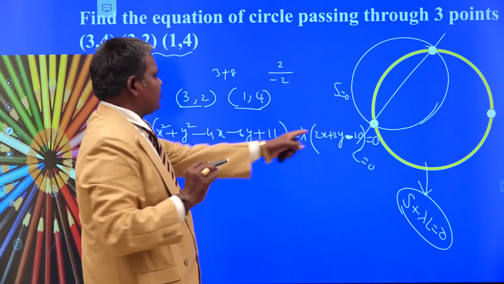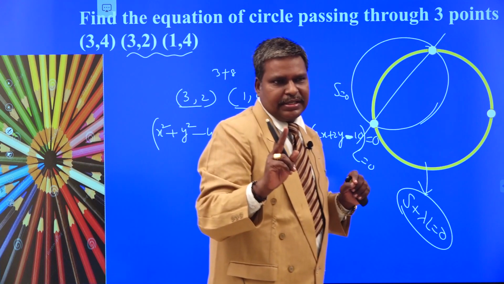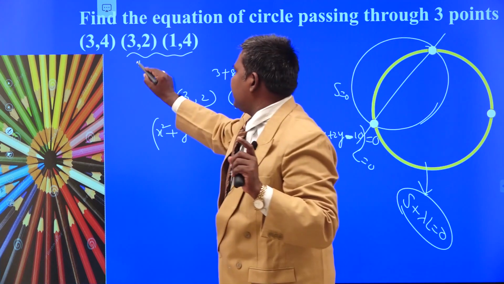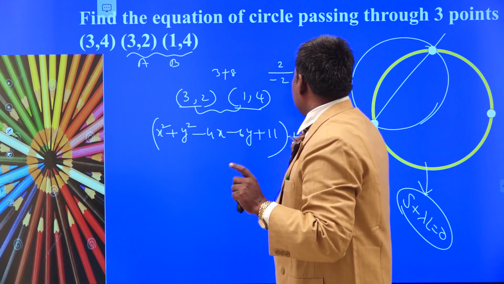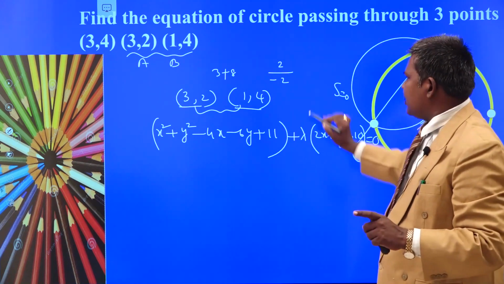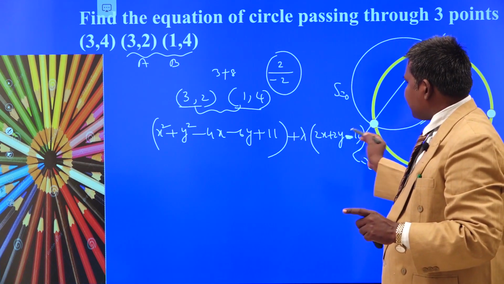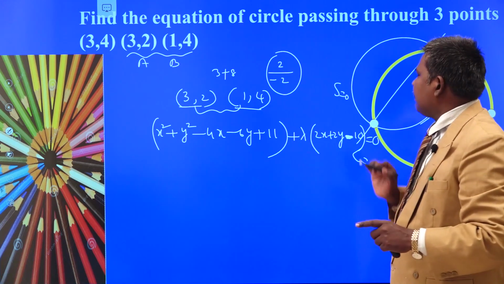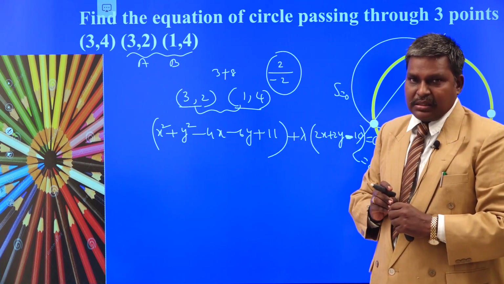You first form it in this manner. I repeat once again. Out of 3 points, take any 2 points. Write the equation of the circle on AB as diameter. Suppose this is my point A, this is the point B. Write the equation of the circle on AB as diameter, plus lambda times the line equation. When you are writing the line equation, don't simplify this slope. 2x plus 2y or x plus y both represent the same expression, but you have to write 2x plus 2y minus 10 is equal to 0. In this manner, we obtain the equation.